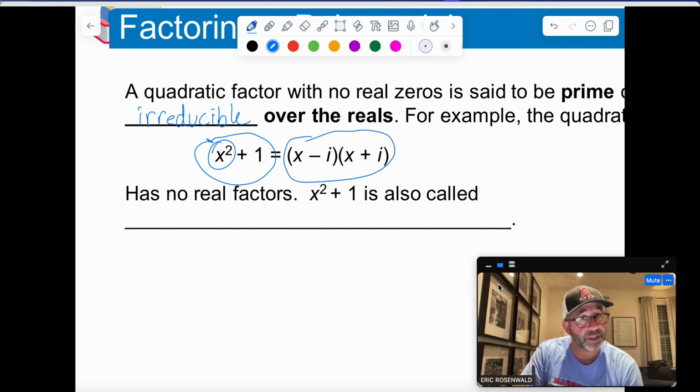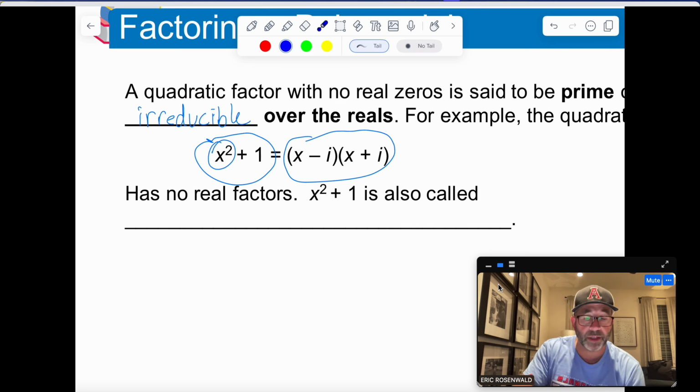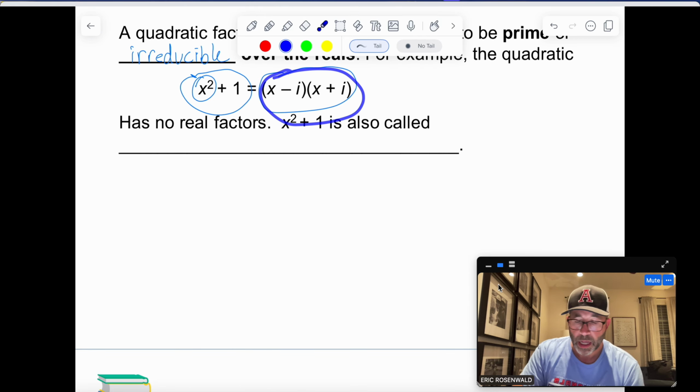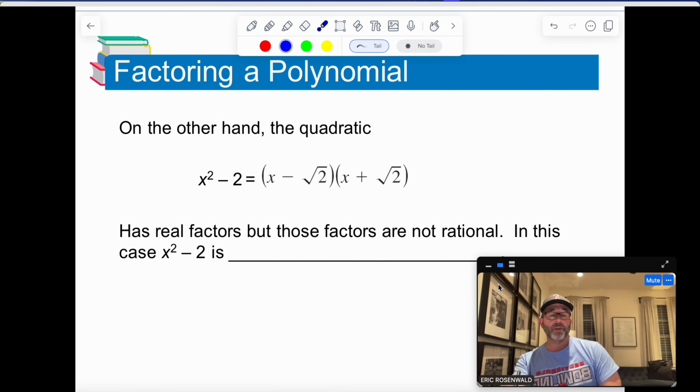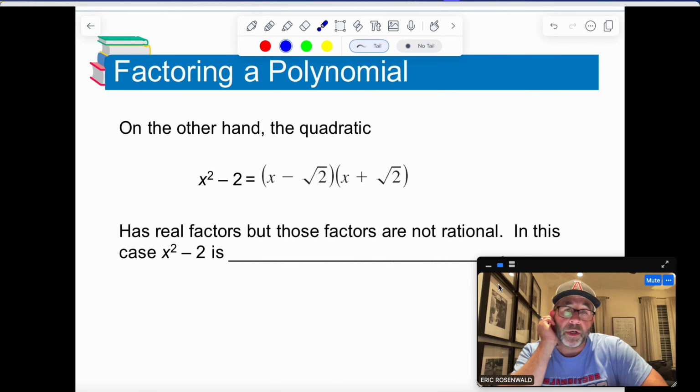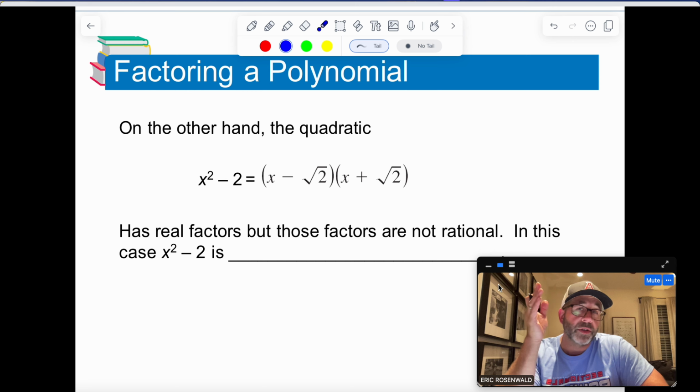If I did try to solve it, I could find the zeros, and then I could write the zeros in this factored form right here. Okay? All right, let's focus on this now, where it's another one. This one is what we call an irreducible quadratic over rationals. I'm sorry, irrationals. And what happens here is we end up with x squared minus 2, which if I was